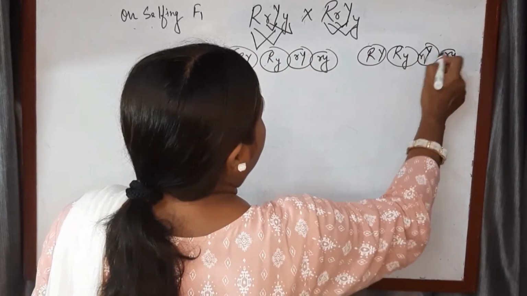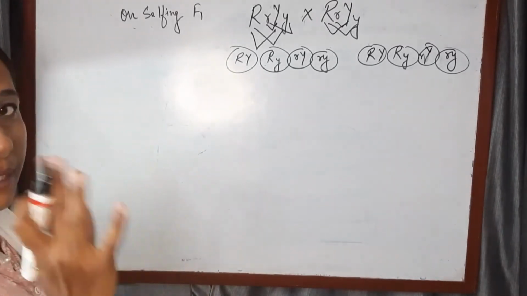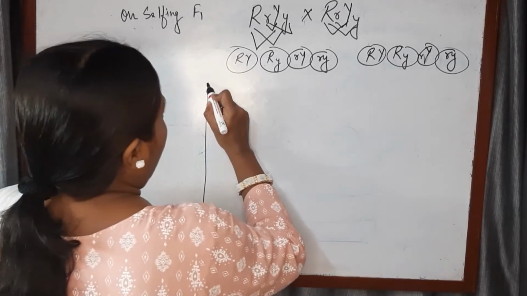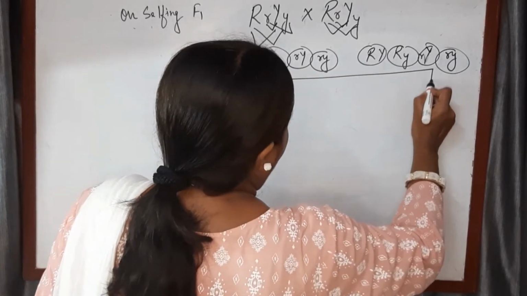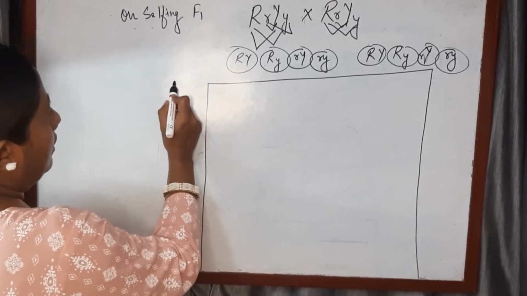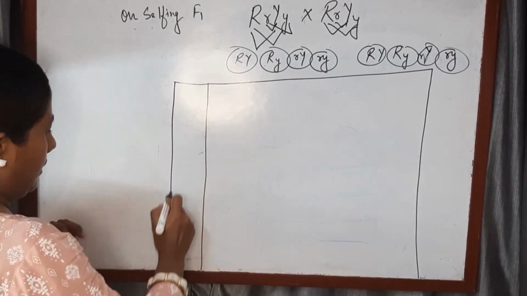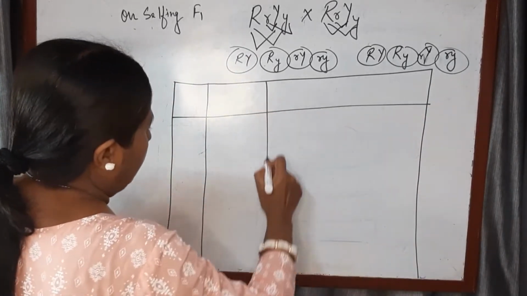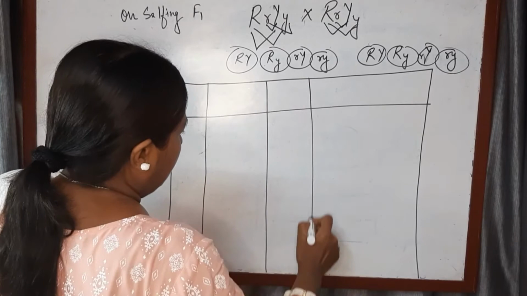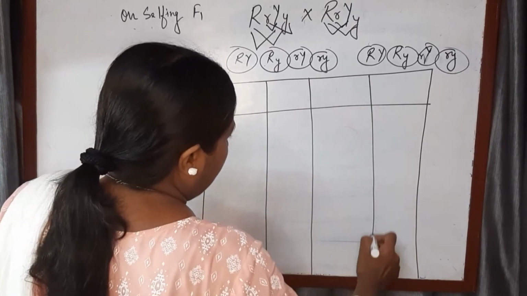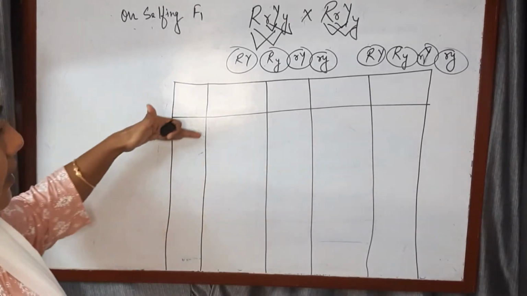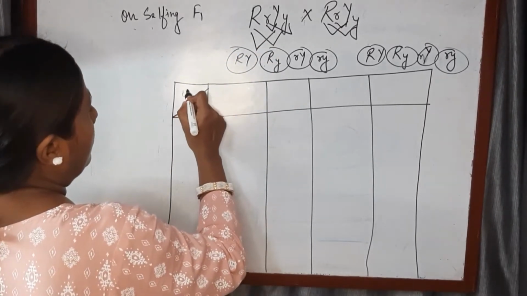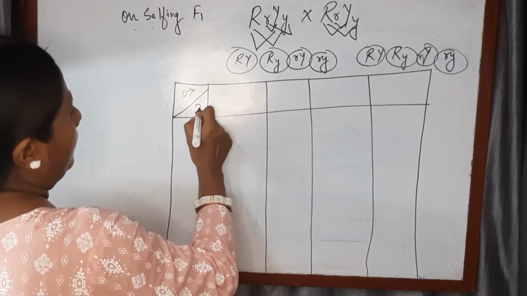Now what we are going to do, we need a big checker board. The Punnett square will be big enough. So we have to draw a Punnett square that should accommodate all the four down this side. So you see 1, 2, 3, 4. What is this for? This is for writing the gametes this side. As I told you in the previous video, we will put the symbol for the male parent and the female.